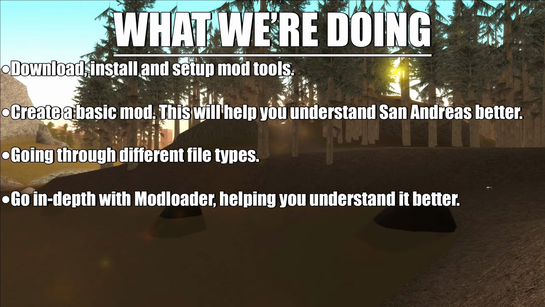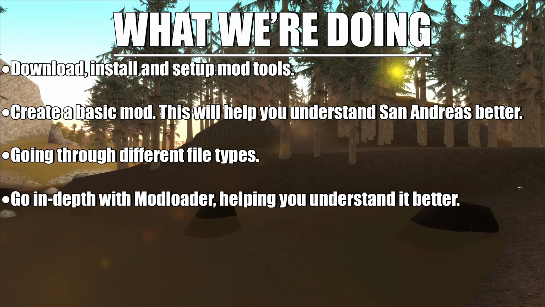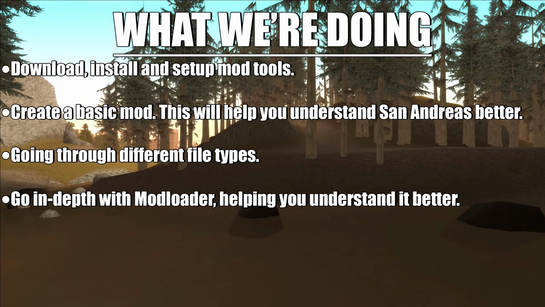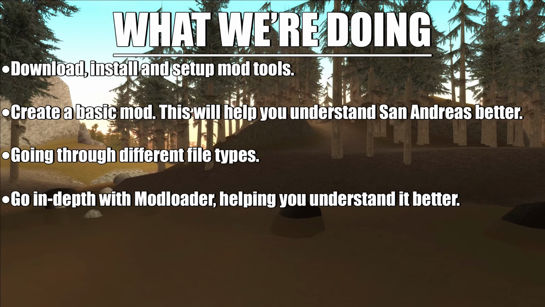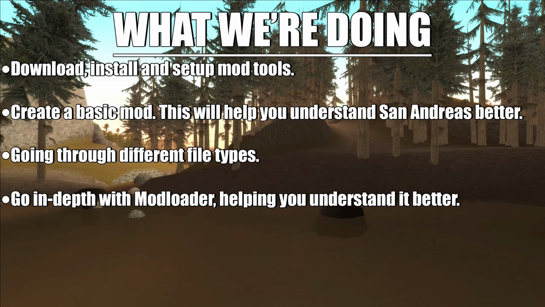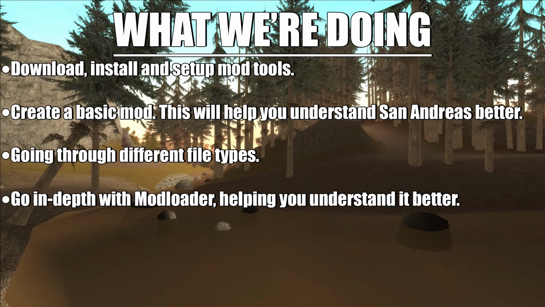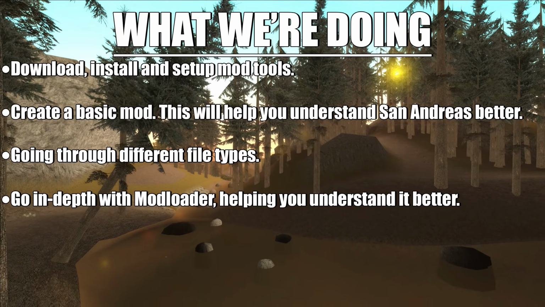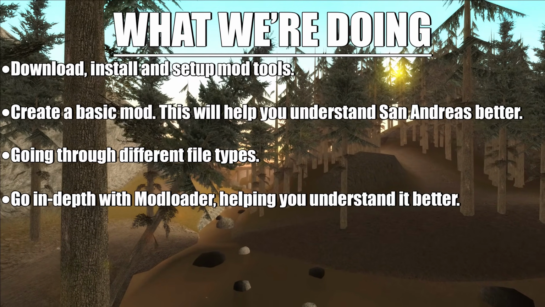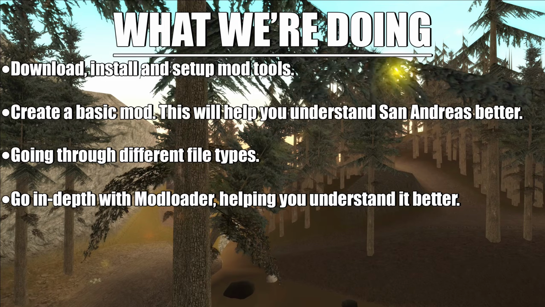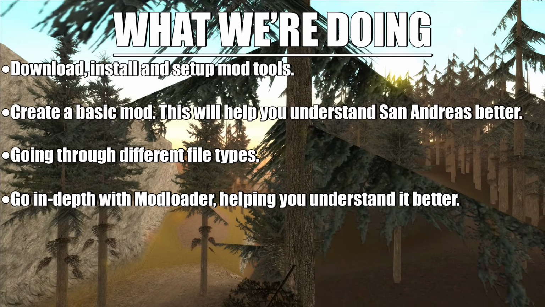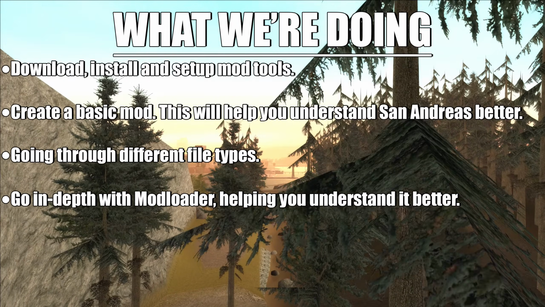Now, I don't expect you to remember everything from this part of the guide. At the very least, I only expect you to get a vague idea by the end. So don't panic if you find it overwhelming and too much. However, this part of the guide will be a vital resource once you start modding on your own. It'll be a resource you can always go back to refresh your memory on the game's file formats and how ModLoader works.